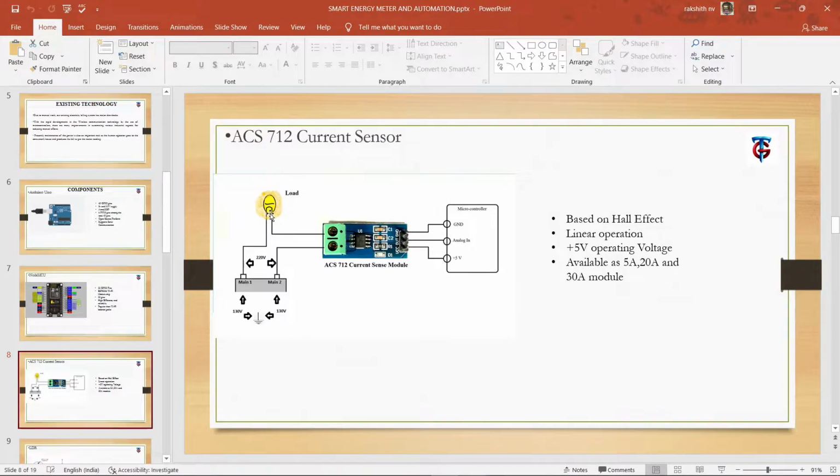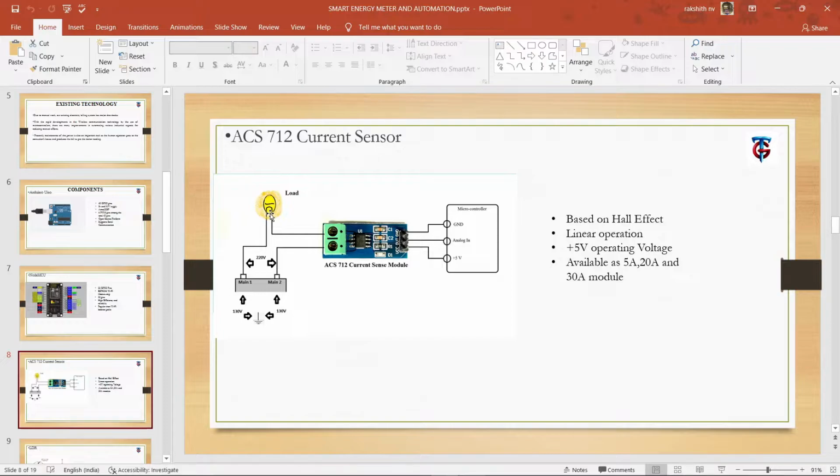The main sensor of the project is the ACS712 current sensor. So this will be measuring the current the load is consuming when the load is turned on. This will be connected to the microcontroller. It works based on the Hall effect, and it follows linear operation, and the operating voltage required is 5 volts. So you need to connect it to the 5-volt supply in the microcontroller, and there are different